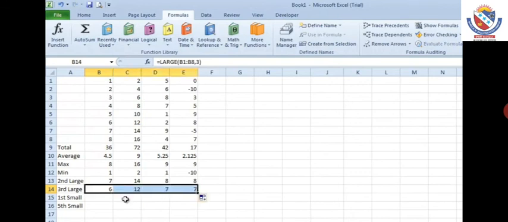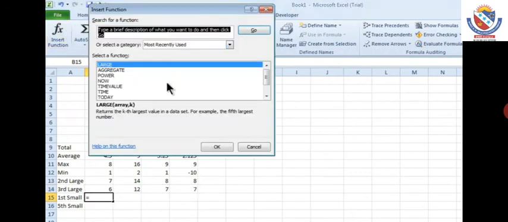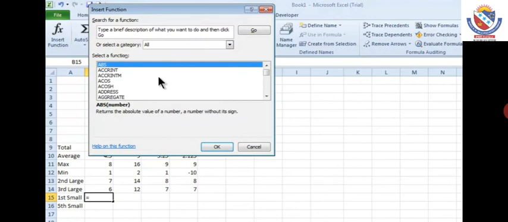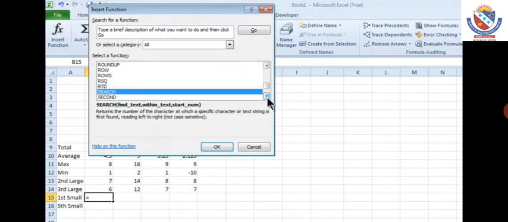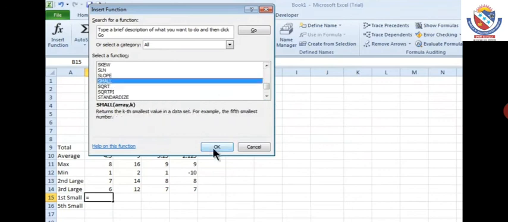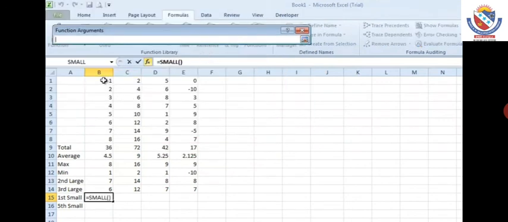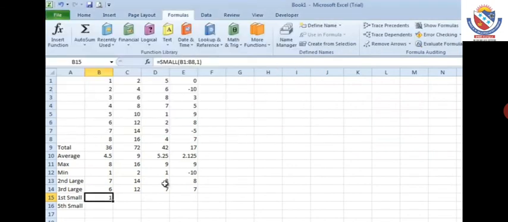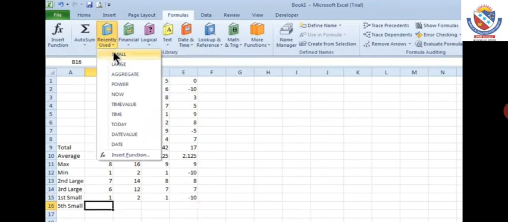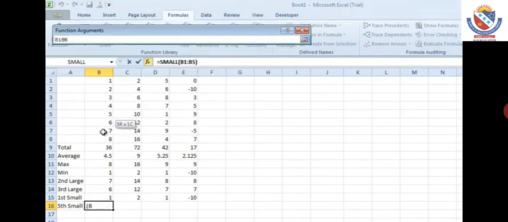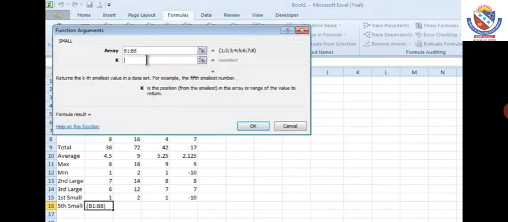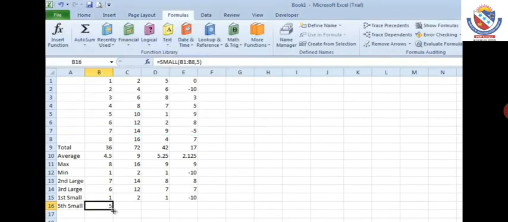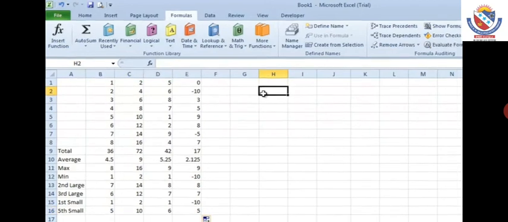Then third largest can be found the same way. Then for the first smallest, there is a small inbuilt function in Excel. Just type small, set the range, and in the k number write first, and the same for fifth smallest. So with the help of Excel's inbuilt functions, you can perform various operations. Okay, thank you everyone.